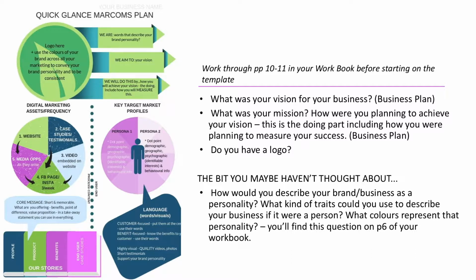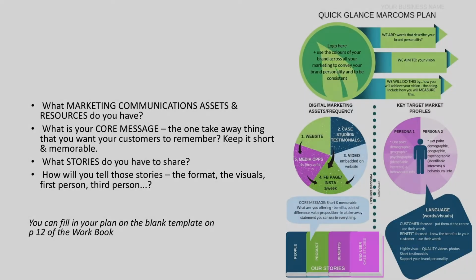This slide shows you what your one-pager might look like in colour. Your colours, with your logo, vision, mission, the processes, and the content you'll utilise in your promotions, the end user's persona or profile, and language preferences. This will be your guide. On the processes side of the one-pager, that's the left-hand side in the pie chart, is a list of your marketing assets and how they're linked, and the frequency that you'll need to keep them updated. Again, this is a visual prompt that will be directed by your action plans, content plans, and calendars.